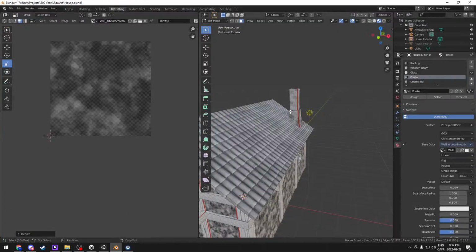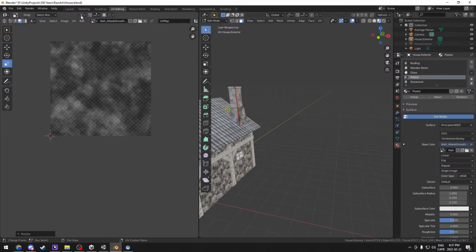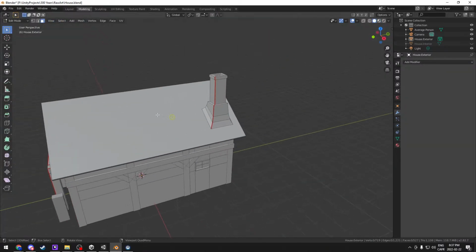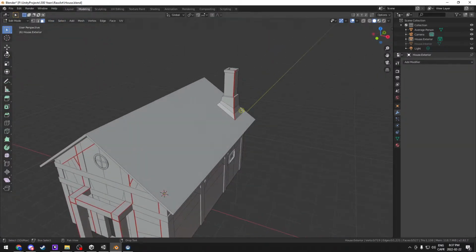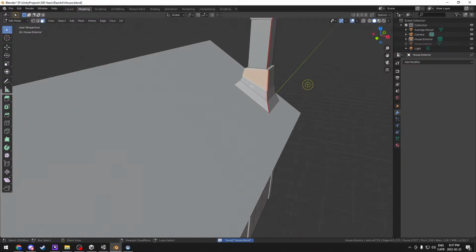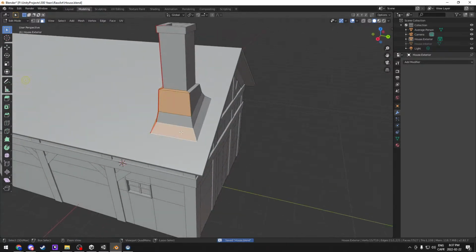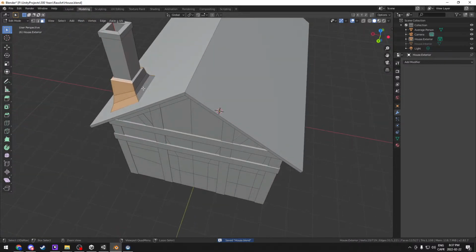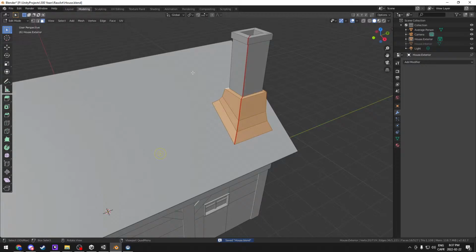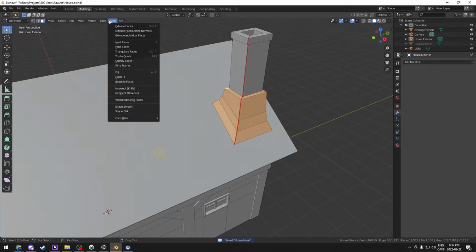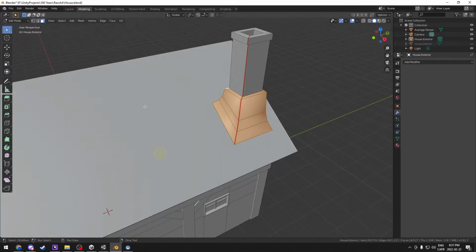Let's fix the mesh smoothing groups, whatever it's called. So select this, select this, select this, and all of this. And if you click on face and shade smooth,